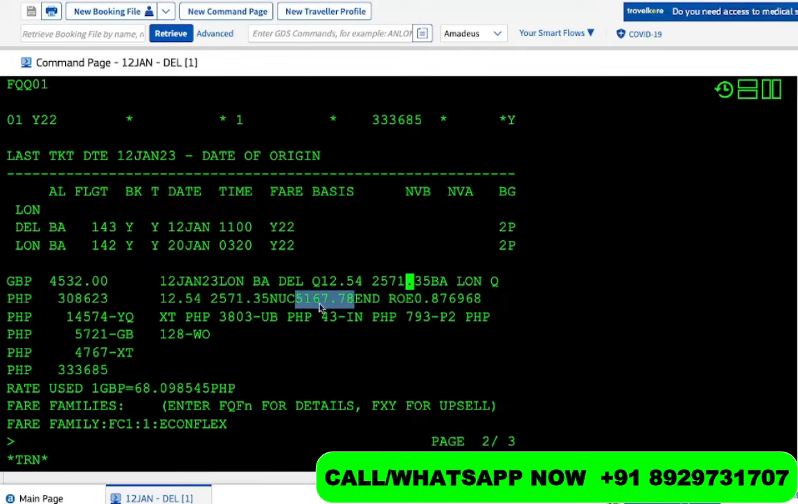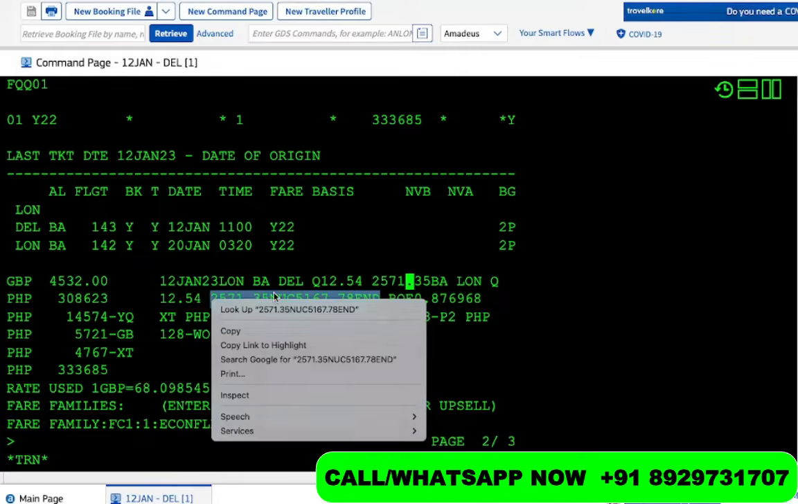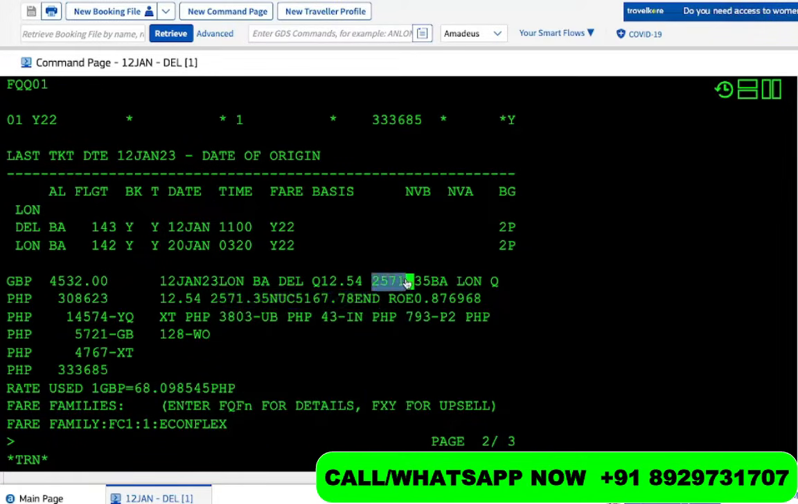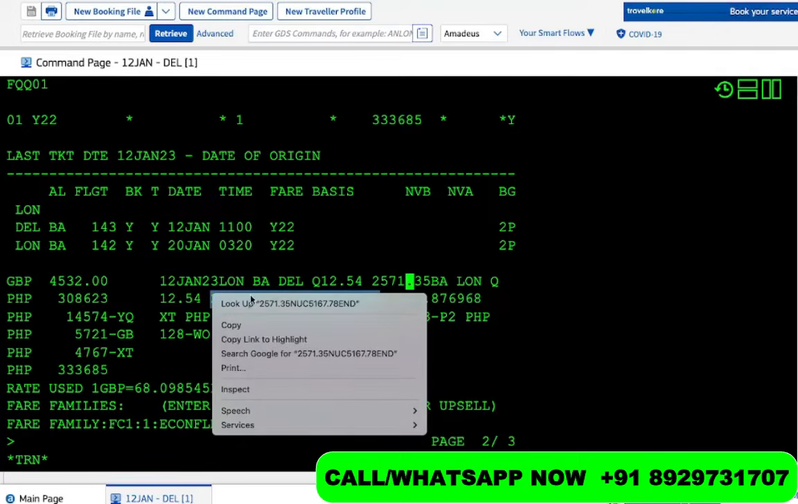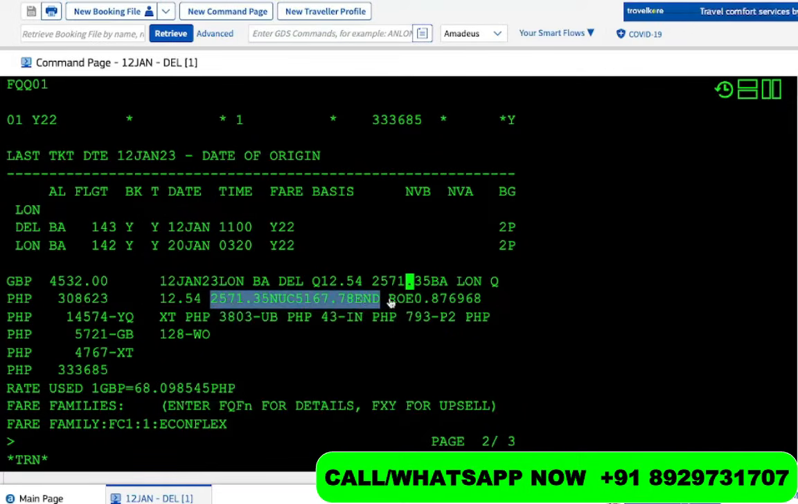Now this is basically the sum of the first two base fares. So first base fare plus second base fare is going to be this much, 5167.78. Now ROE is rate of exchange. Rate of exchange is basically going to convert the currency. This happens in all the tickets. This is a common thing. So whatever NUC you have found out now, which in this case is 5167,